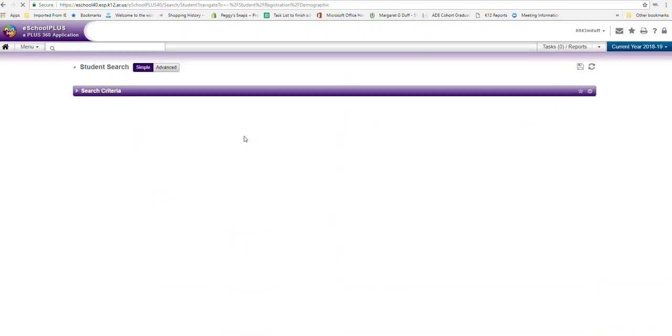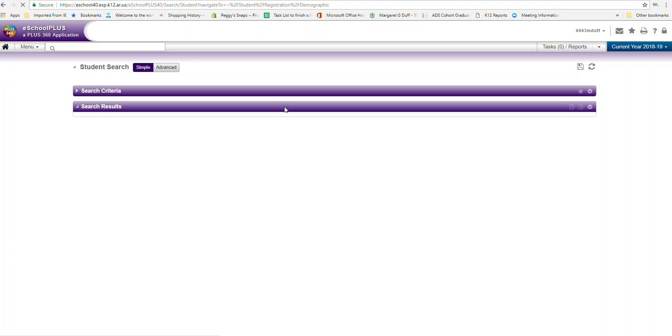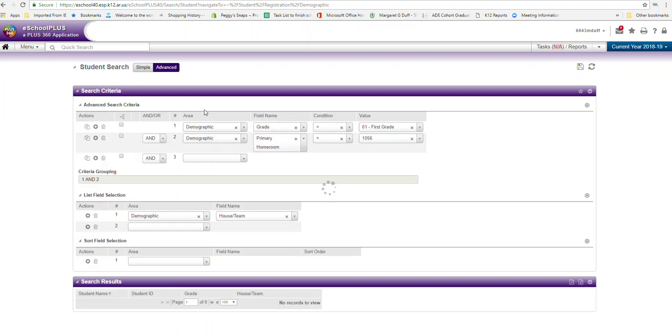And now it's going to bring me up to a search. And I want to do an advanced search. So I'm going to click on the advanced, and wait for it to come up. When it does, you'll see here that I have demographics, grade, equals, and I want to do first grade. Now I do not have anybody divided up, so I've got all first grade students, whether there's 15 or if there's 120. What you're going to do is bring up all of those students,